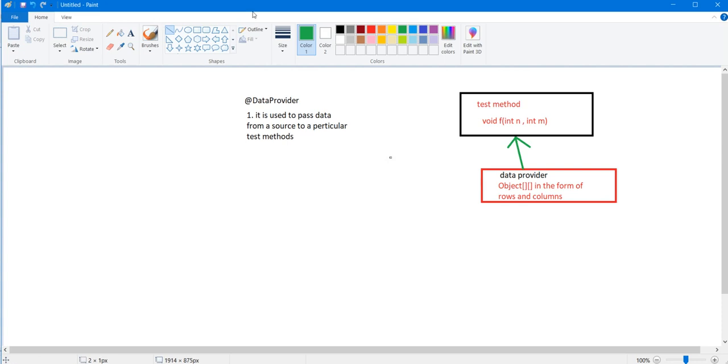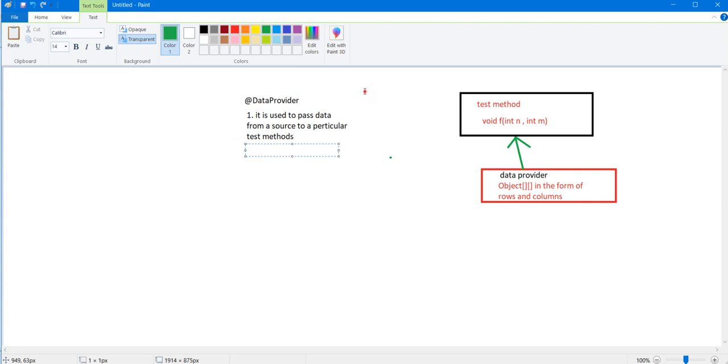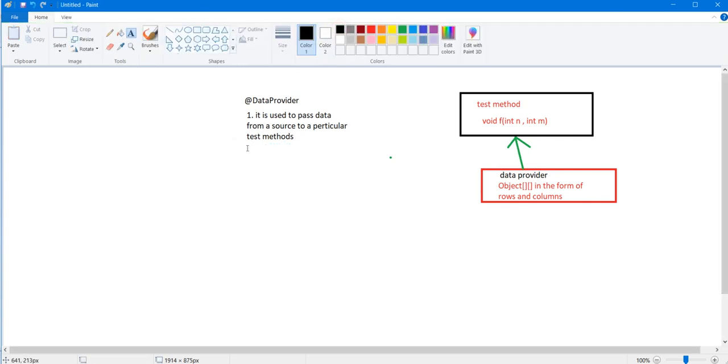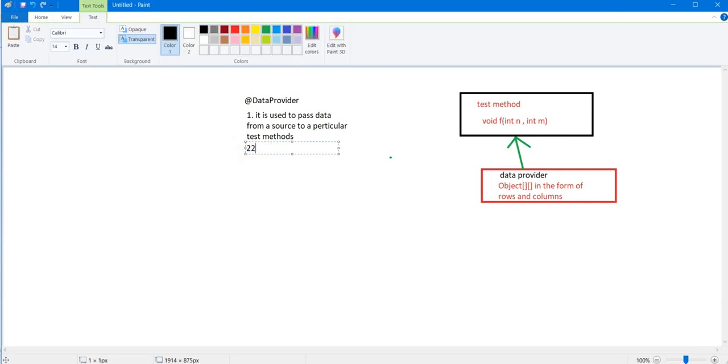Basically it acts as an internal loop, guys. This is the second point that needs to be remembered: it acts like an internal loop.